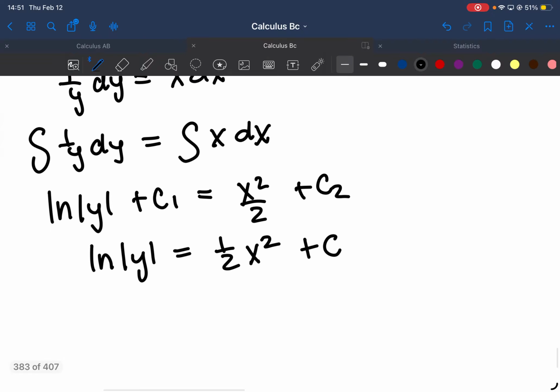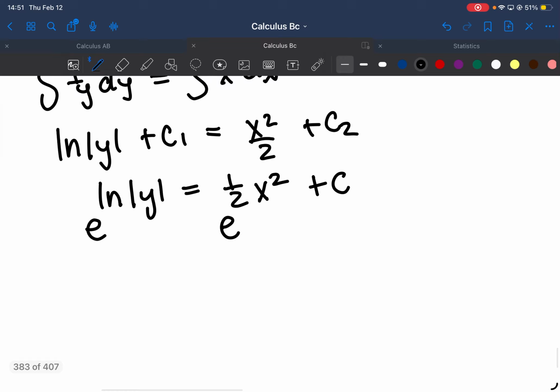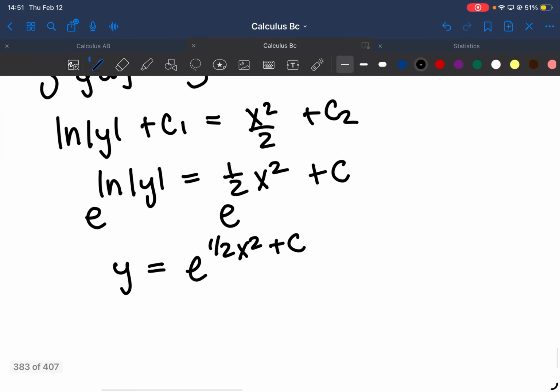And then how do I get rid of that natural log? Good, so take the exponential on both sides. Okay, e and natural log cancel out. And so I'm left with y is equal to e to the 1/2 x squared plus c. Okay, FRQ, that would be okay to leave it. Okay, multiple choice. It may be written in another way,